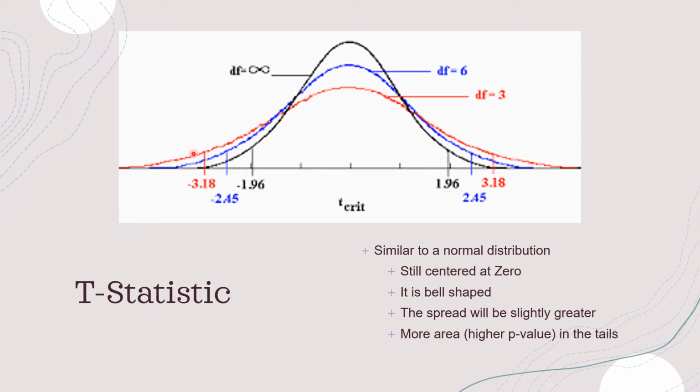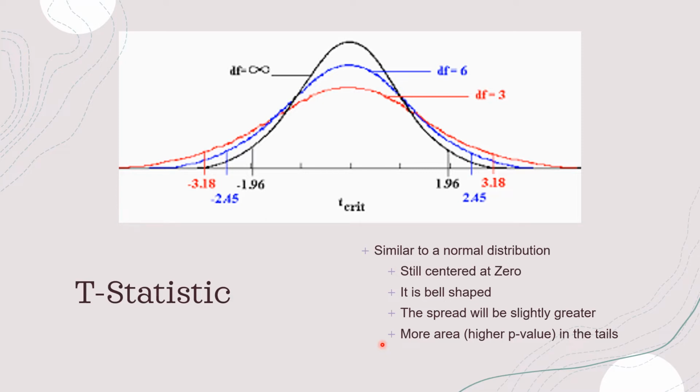So you see here, this red line is if you have a DF of 3, which means degree of freedom, which we talked about. But basically, you have a sample of 4. And the blue one is if you have a sample of 7. So as you see, if you get more and more samples, you get closer to that normal distribution curve. But because you don't have the full sample and you only have smaller ones, it's going to adjust this normal distribution curve, okay? So it is still similar to the normal distribution. It still is centered at 0. It still is a bell shape, but it is slightly spread out more, which means its tails are larger,